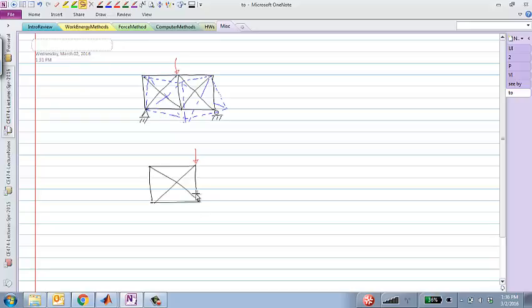We want to keep this edge vertical, right? And we also want it to be able to go down, right? So what we would want are both vertical rollers,